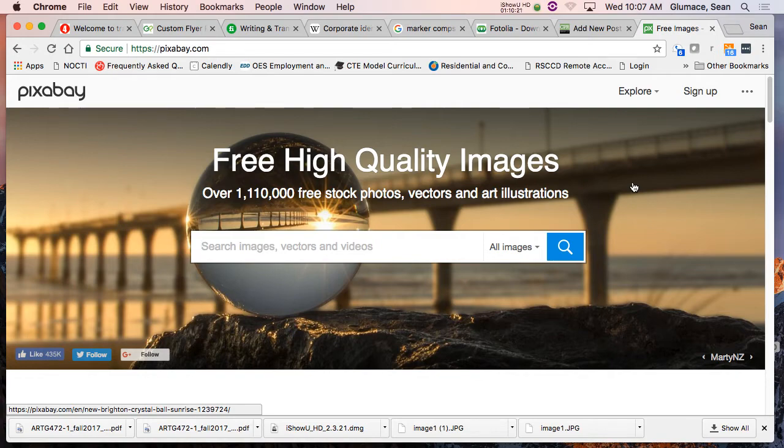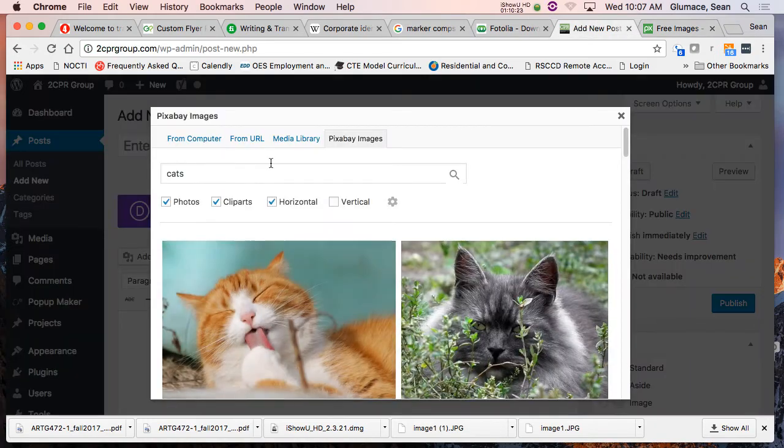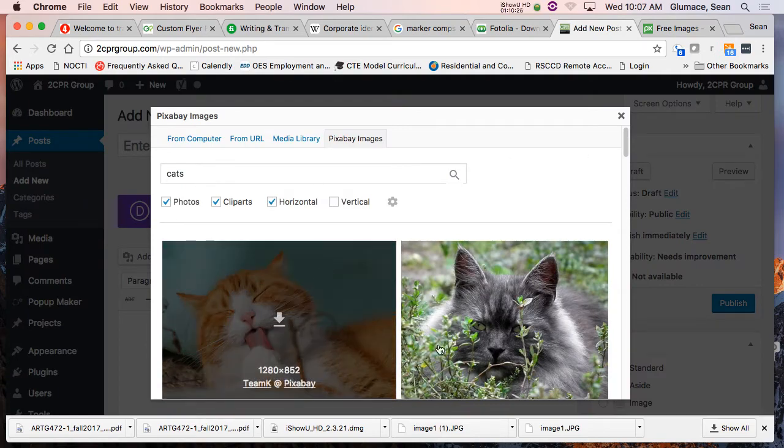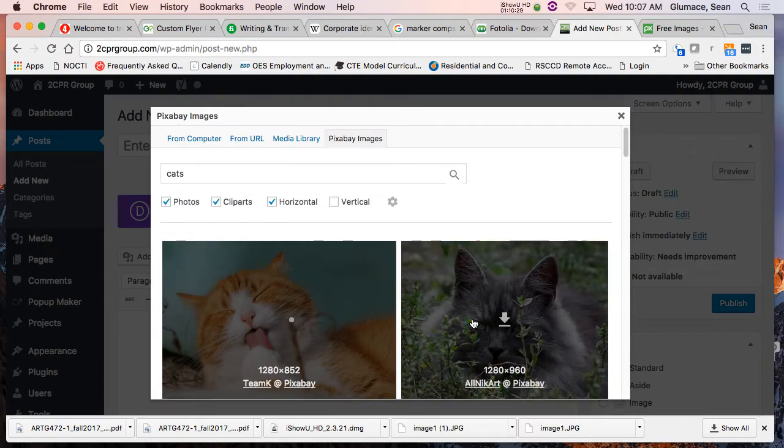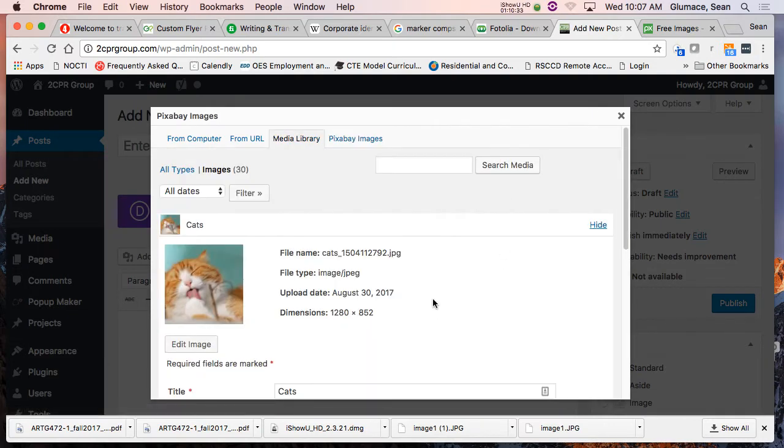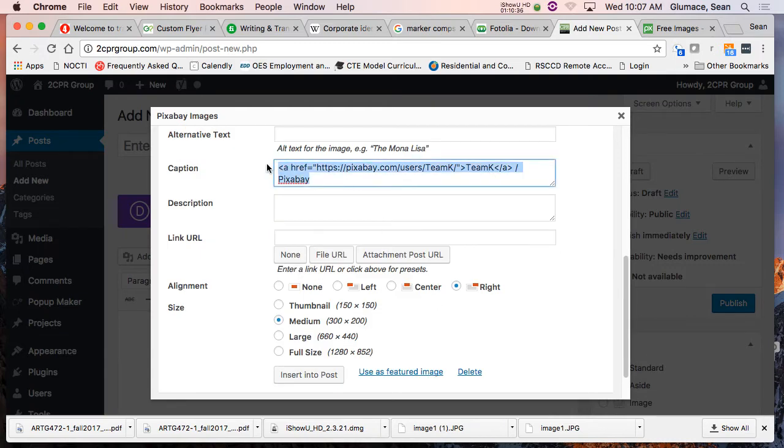And what I love about it is, built in here, this little plugin allows me to then go and download. And it takes care of, like if I do this one here, I really don't want it in my thing, but I'll do it. It puts a link back to the person who created it. So this all happens automatically. I don't have to go to that website and look for a cat and download it and upload it. I've integrated it into the site. I'm going to delete it because I don't want it in my site. Come on, delete.